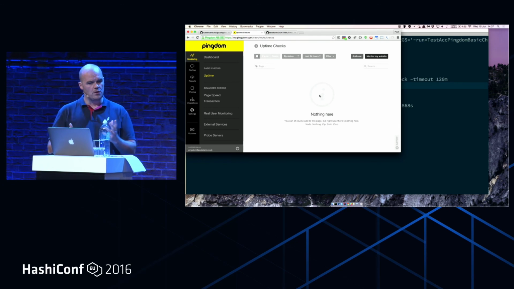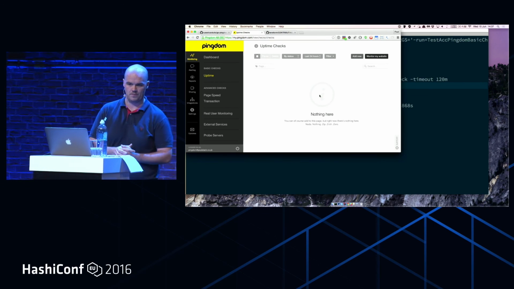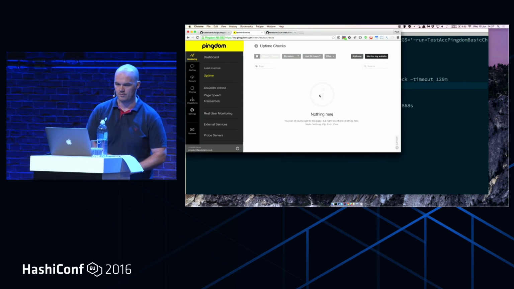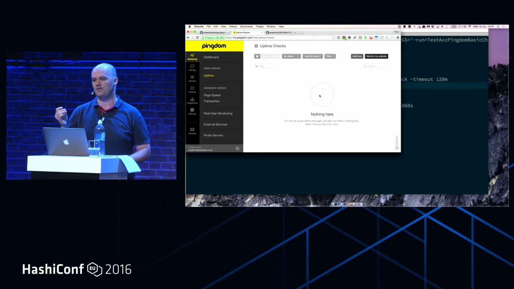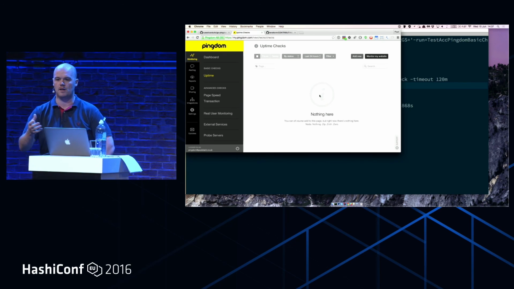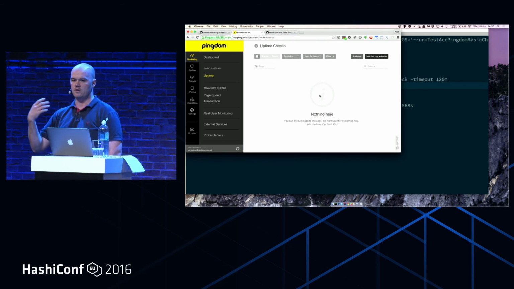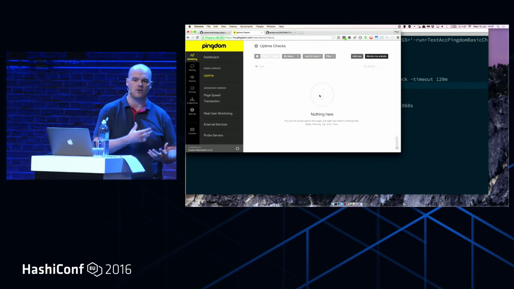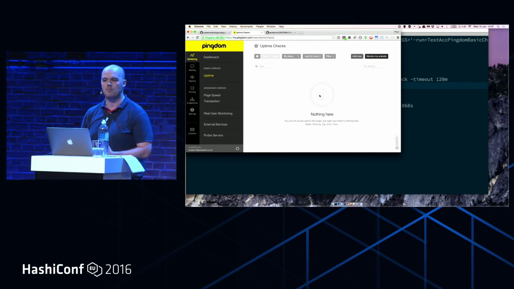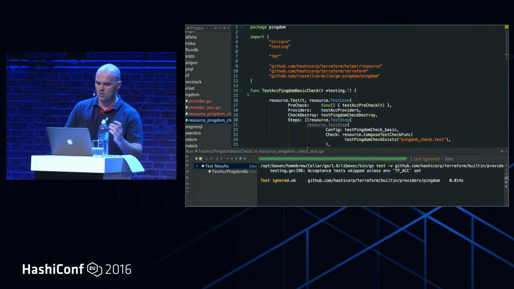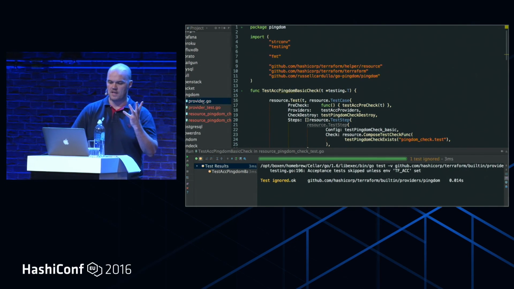Okay. So the code for this is pretty simple. Up until maybe 4 months ago, I didn't know any Go. So this is all learning from the Terraform core maintainers, because every time you submit a pull request, they're helping us understand the code. So they're feeding back on good formatting guidelines, they're feeding back on better testing strategies, and it's a great way of being able to learn a new language. And if we just go one more time and have a look at the steps that it would have,